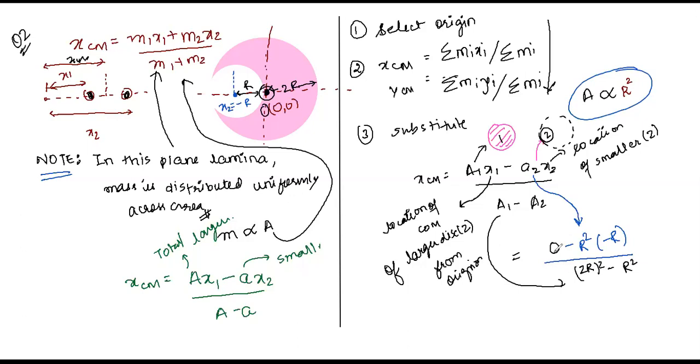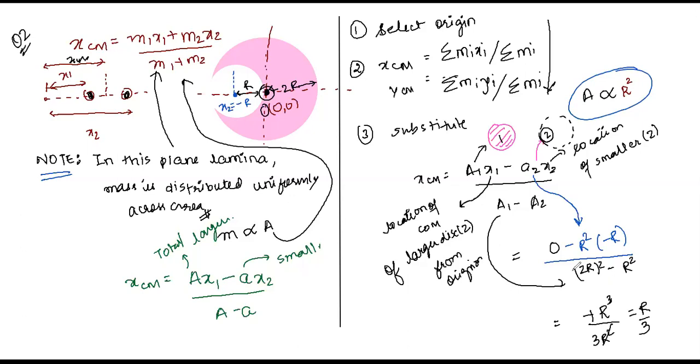Pi will also be there, but then pi in the numerator and denominator gets cancelled, correct? That's why I'm talking about proportionality. Whenever we have proportionality, we need not think about all of this, pi and all. We can simply substitute r square instead of a. Why? Because pi will get cancelled in the numerator and denominator. I hope I'm correct and clear to everyone. So we'll get minus and minus plus, r cube whole by 4r square minus r square, that is 3r. So our answer will be r by 3.